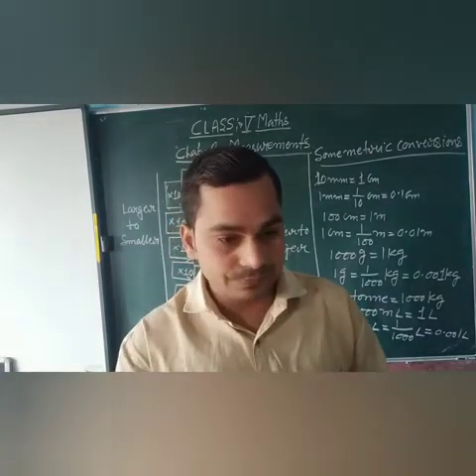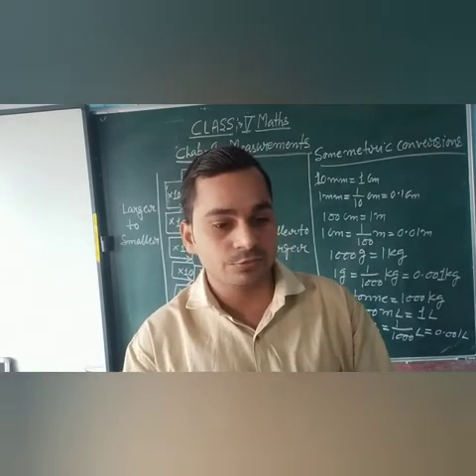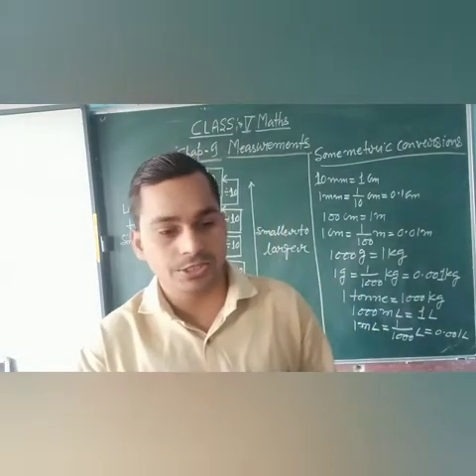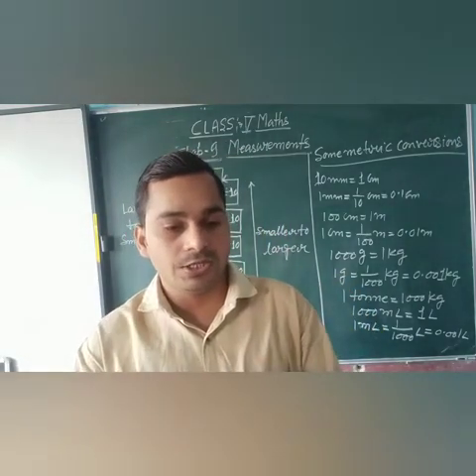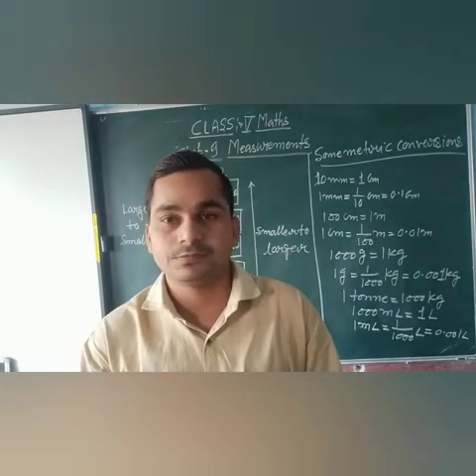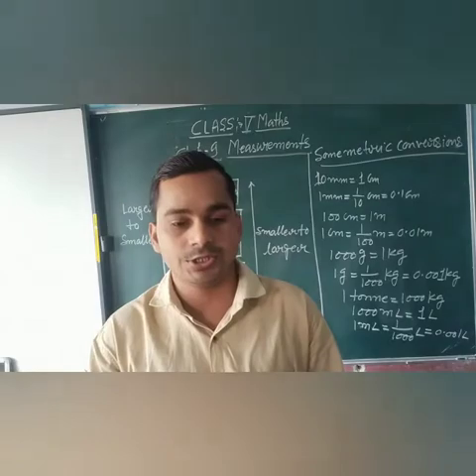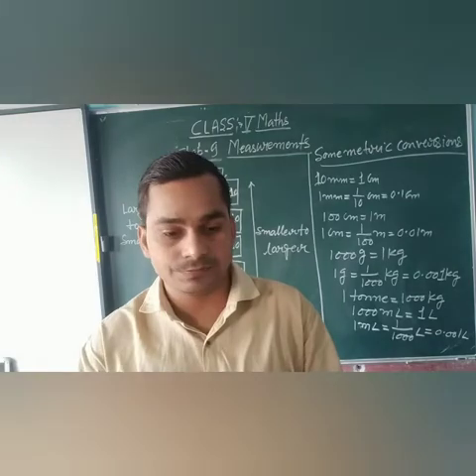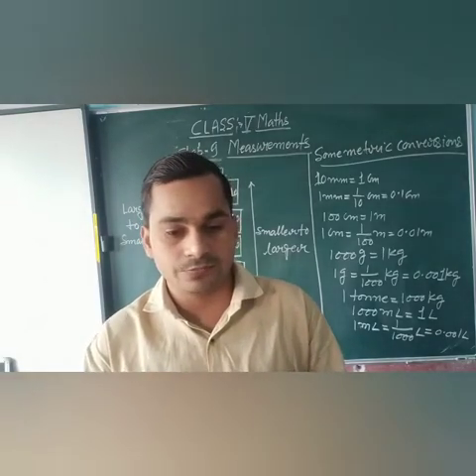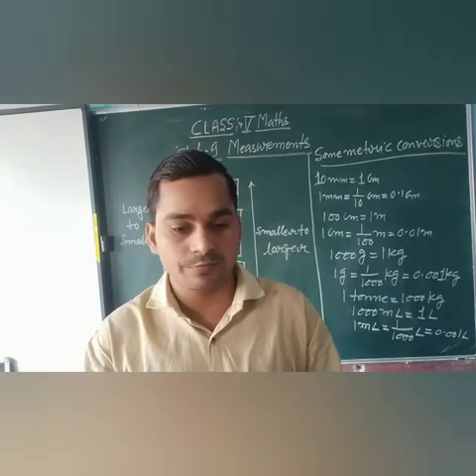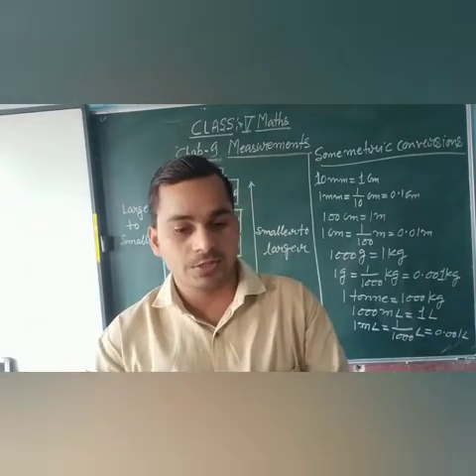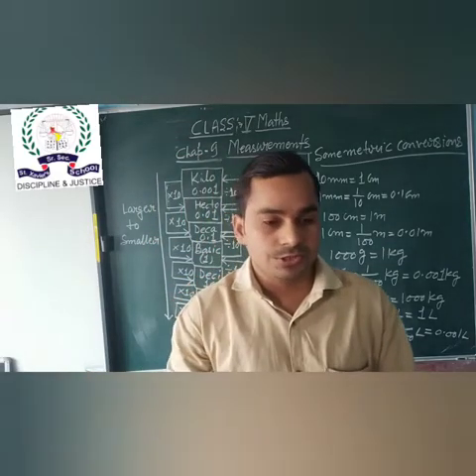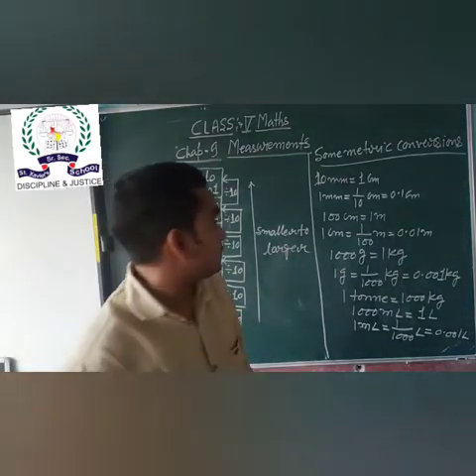In the previous classes we studied the place value chart of the metric system, conversion of units of mass, length and capacity from larger units to smaller units and vice versa, smaller to larger, and addition and subtraction of metric measurements, and applications of addition and subtraction of measurement of length, mass and capacity in real life, that means word problems. So some metric conversions are given here.